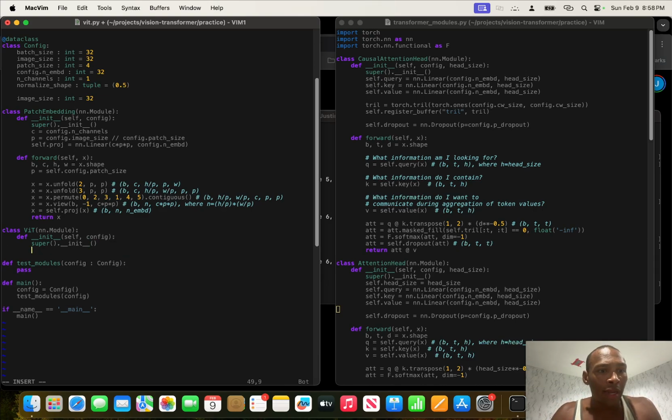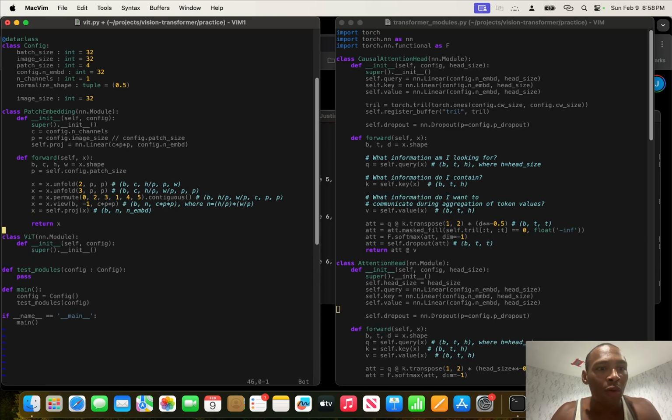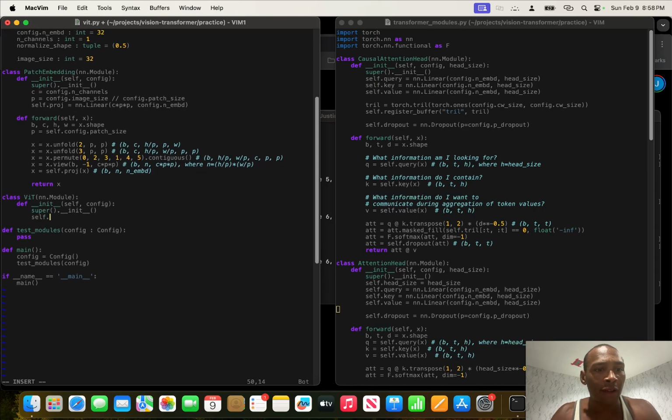So, super init. I like to add spaces before these returns. I don't know why, it's just logical chunks, it just feels good to have a space before a return. It's like a logical break. So our vision transformer is going to have self.patch_embedding receives patch embedding config. Actually, let's